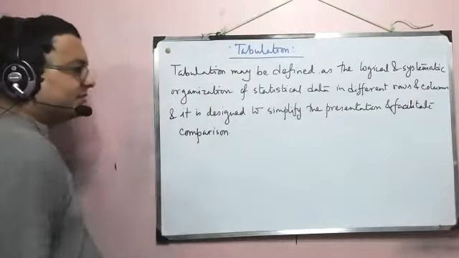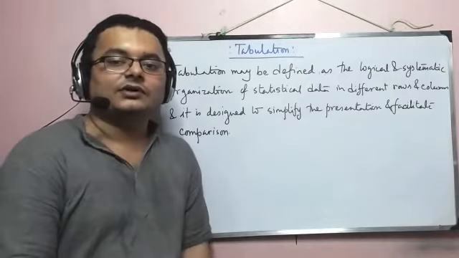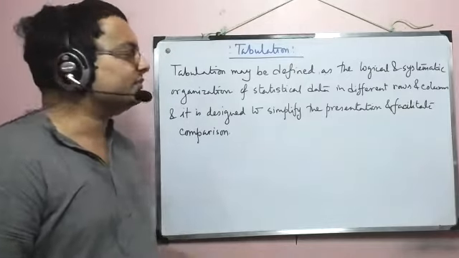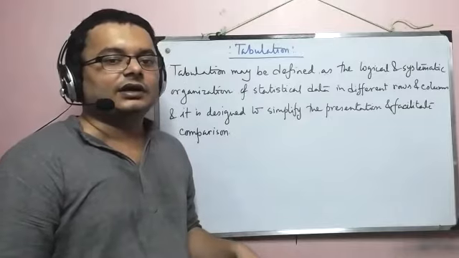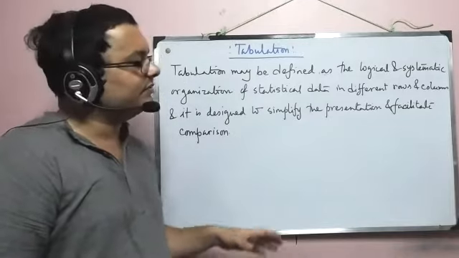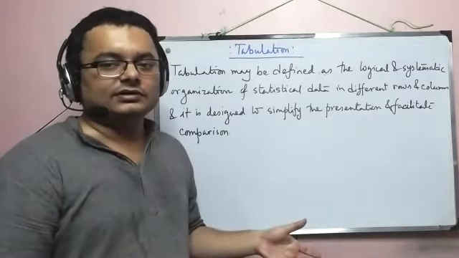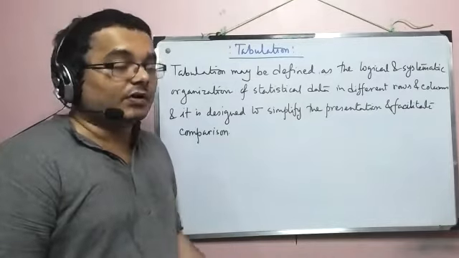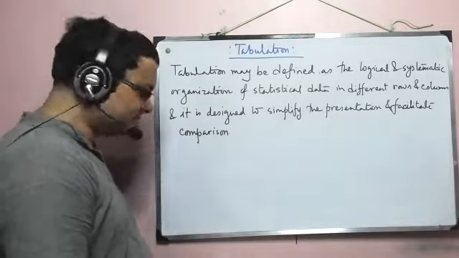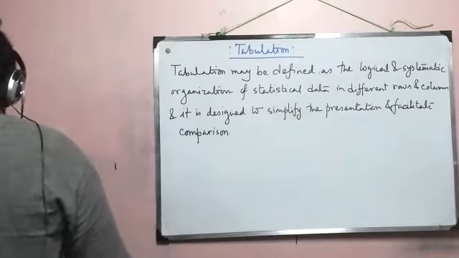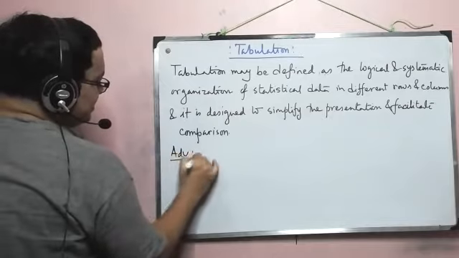Okay, and while keeping in mind that comparison is our main objective, we also have to think of the possible important comparisons that we are looking at given a data. Okay, so we can have a lot of comparisons, but some of them are more important than the others. All right, so while constructing a table we have to keep in mind those things.